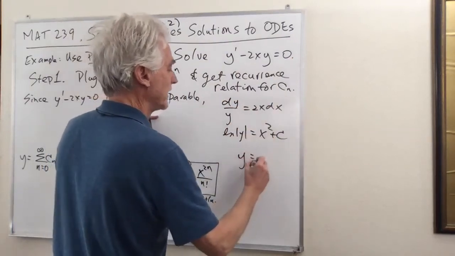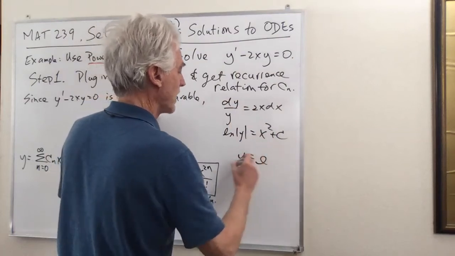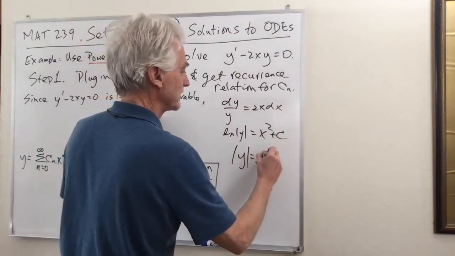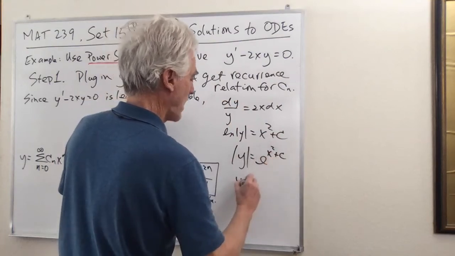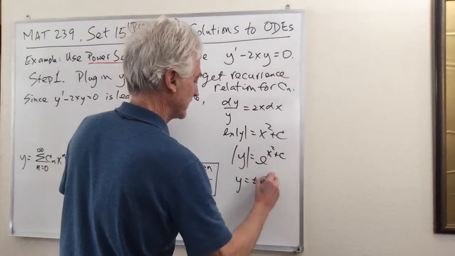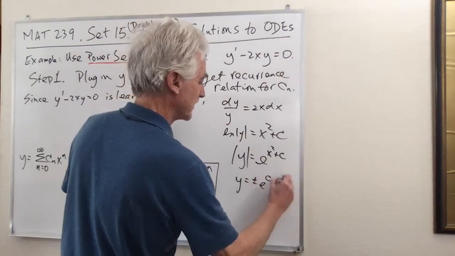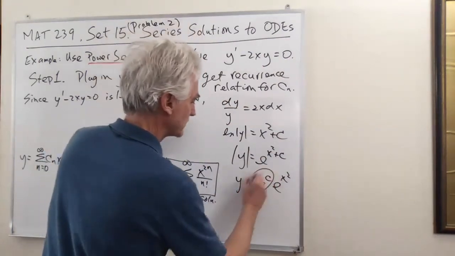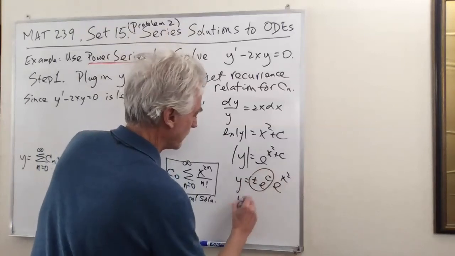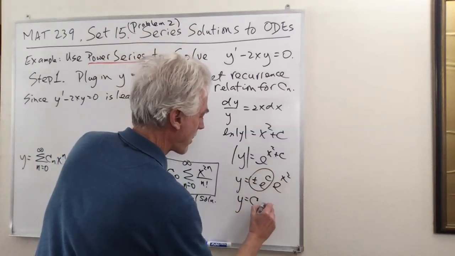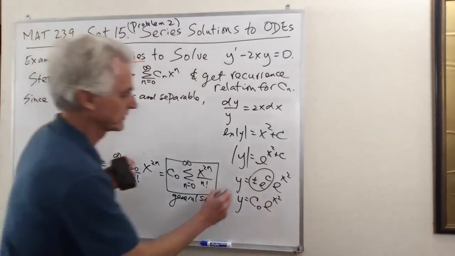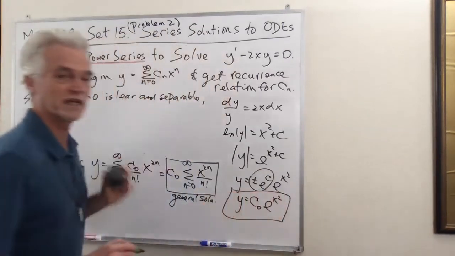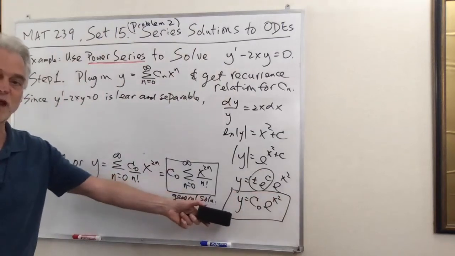So the absolute value of y is e to the x squared plus c, or y is plus or minus e to the c times e to the x squared. I call this whole thing C0. So here is the general solution, which we could get for a lot less work than the power series,